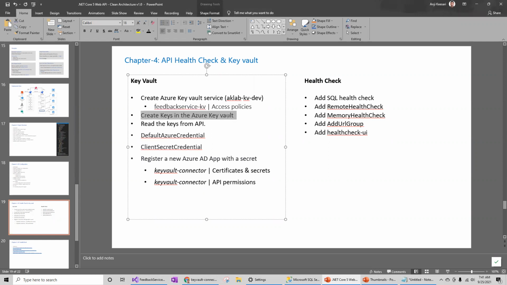Step two, add keys to that Key Vault service, and then reading the keys from the Key Vault service is something we already wrote in the API. And we are also using the default credentials. I will also explain how to use the client credential while connecting to the Azure Key Vault locally from Visual Studio. The other step we need to do is create the Azure AD app